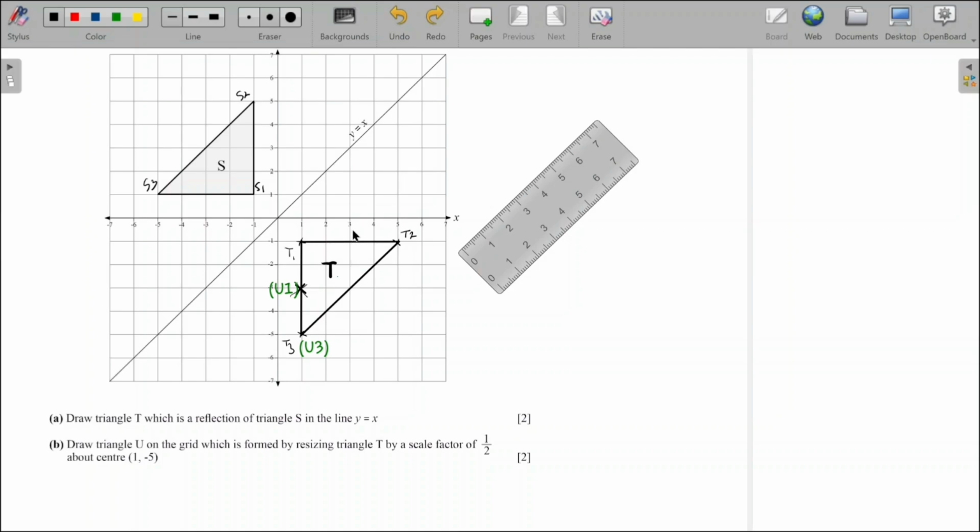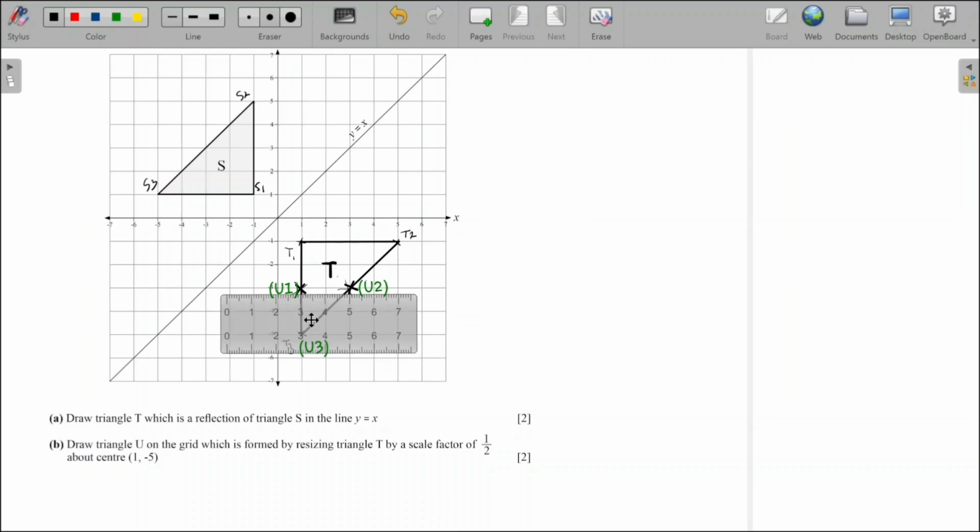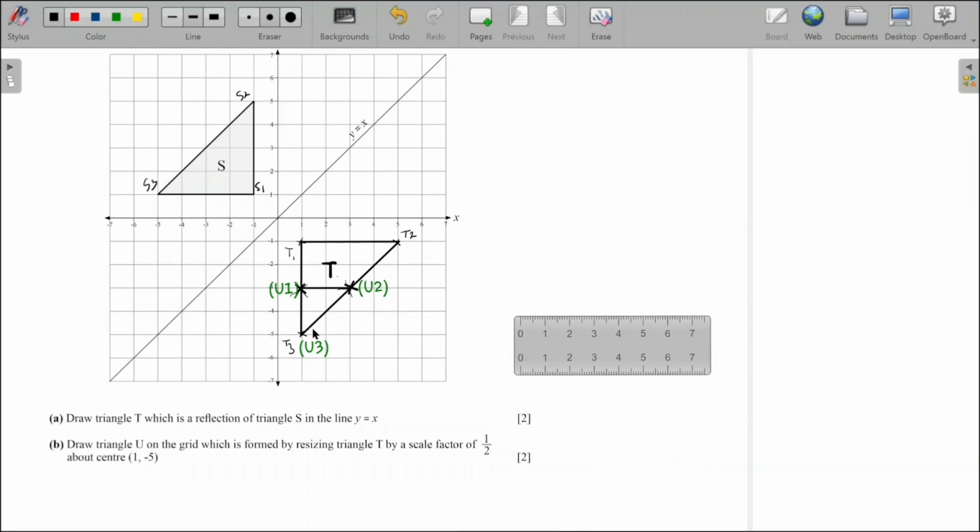1, 2. T1 and T2 is a horizontal line. So after counting the 2 grid lines, you trace it down to where you have U1, which is here. You mark the point. Now you have U1, U2, and this is U3. Join these 2 points, and you have triangle U inside triangle T, which is half of triangle T. Join the 2 points. This here is triangle U inside triangle T. So we'll name this U. So triangle U is inside triangle